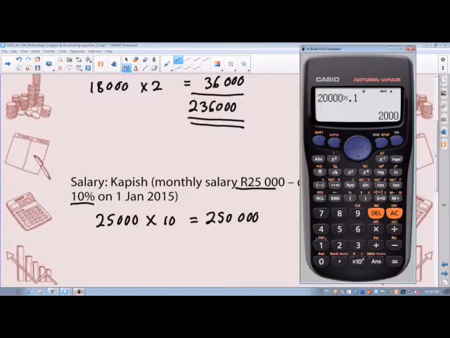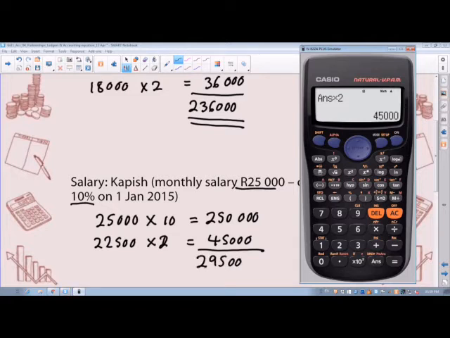Okay, so let's get the calculator out. 25,000 times 90%. So his new salary for the next 2 months is 22,500. So 22,500 times 2, let's multiply that by 2, and that gives us 45,000. Okay, so his annual salary, if we add up, it should be